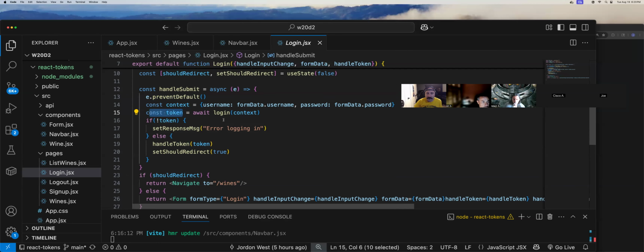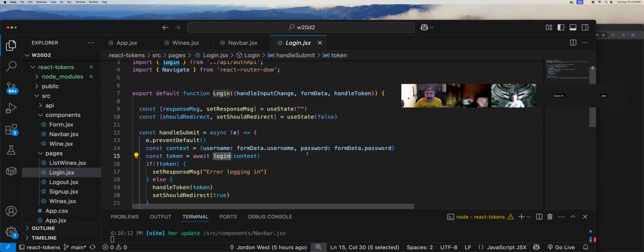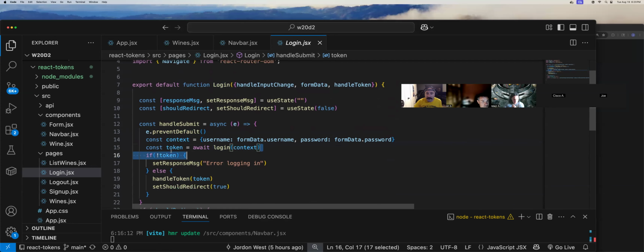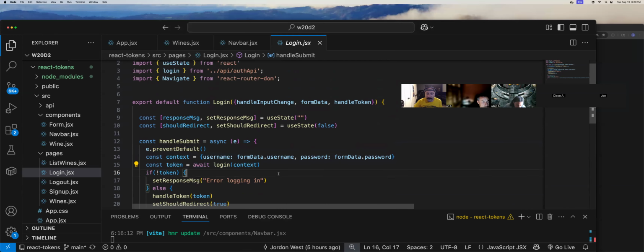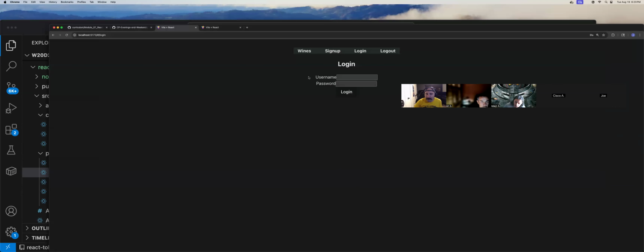Const token, await, login, context. But this is the actual login, and this is what I want to focus on. We'll ignore everything else from here. What this function has really truly done, all this nonsense here, is build a form. It's established that the username and password are going to be